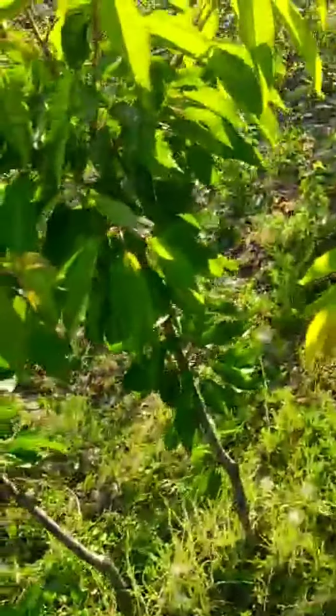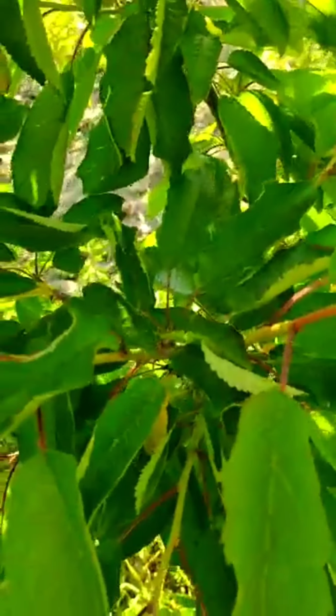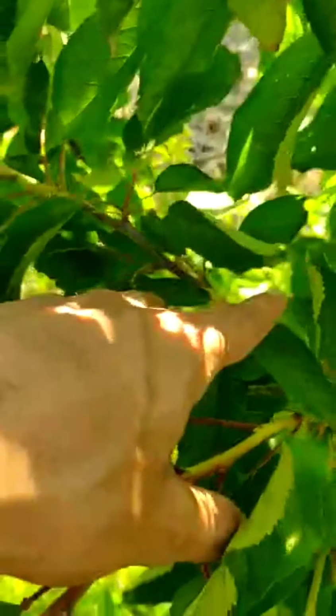These are high density varieties, feathered plants. As you can see, the number of feathers in these plants is almost 6, 7, and you can see the fruit bearing sides. These will be next year's fruits on these sides, and